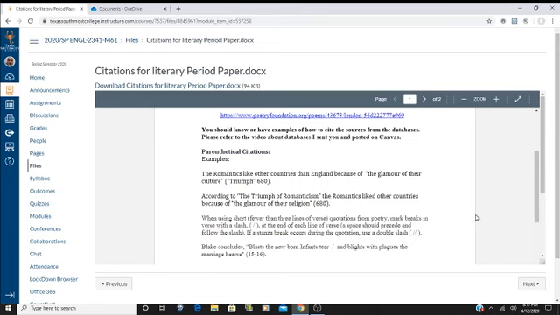If you use the two Romanticism articles, they don't have authors, so in your parenthetical citation, which is this part right here, you are going to use the first word of the title in quotation marks and the page number, and you're going to put a period here. If you don't have a page number, don't worry about it. Just use the first important word of the title. If you use the title in your sentence, you would just have the page number.